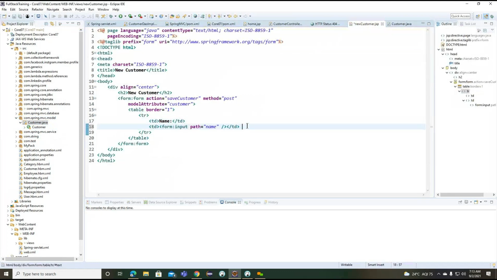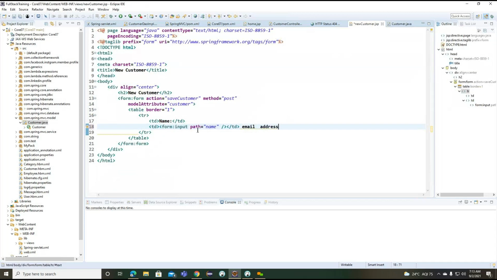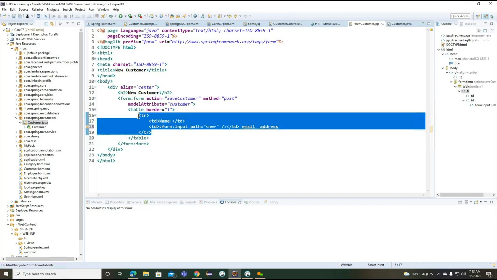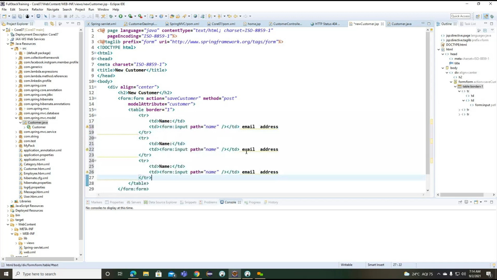The second one, email, and the third one, address.